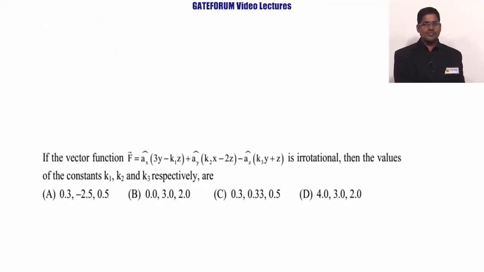The question is, if the vector function f bar is equal to ax cap into 3y minus k1z plus ay cap into k2x minus 2z minus az cap into k3y plus z is irrotational, then the values of the constants k1, k2 and k3 respectively are, with ABCD options given. This question is from engineering mathematics. Topic is calculus. Subtopic is vector calculus, which is from GATE 2017. The solution is,